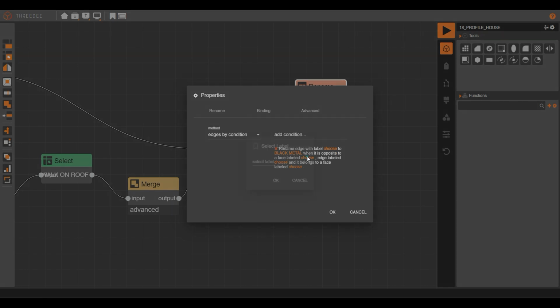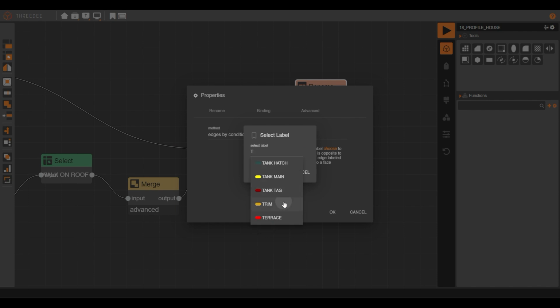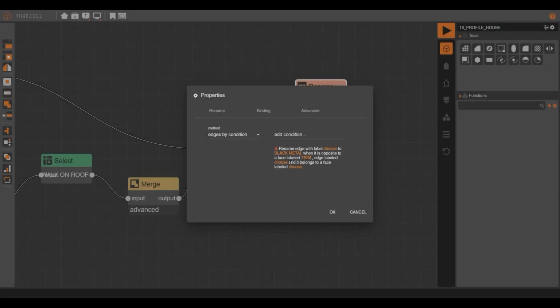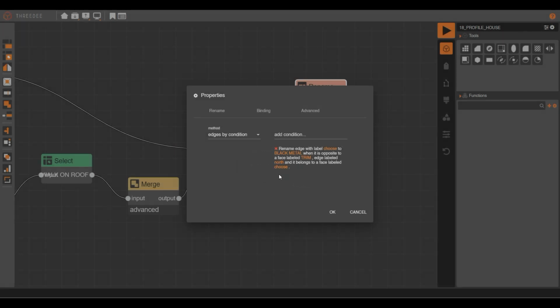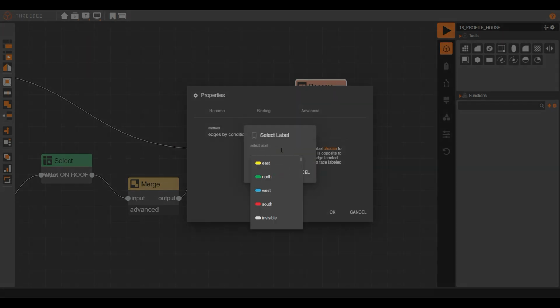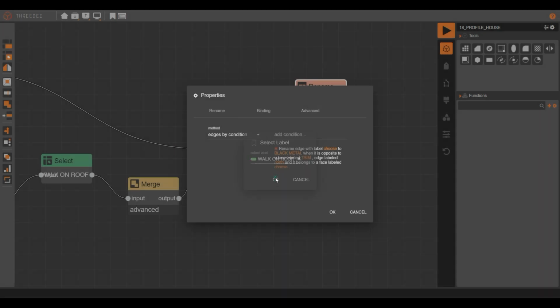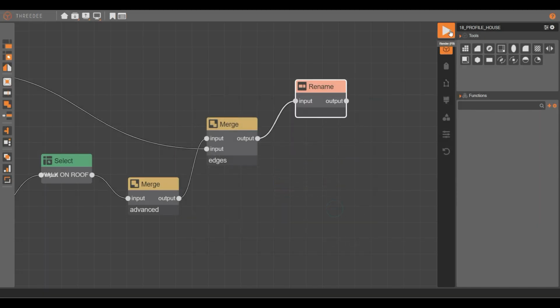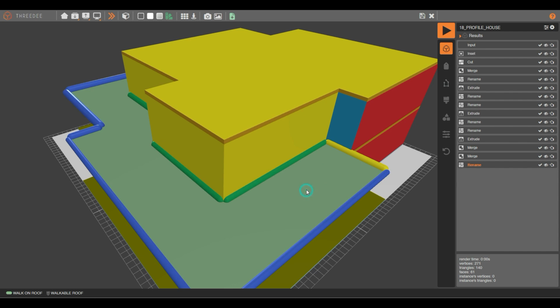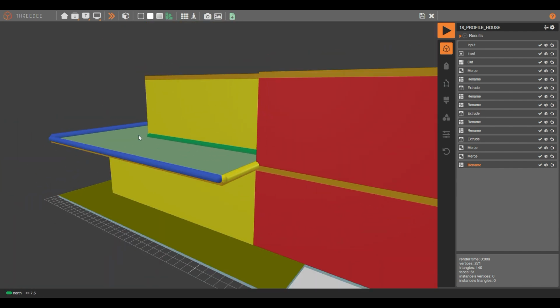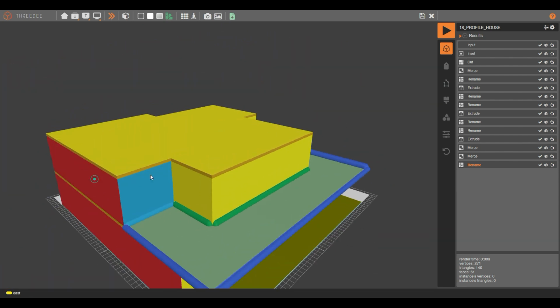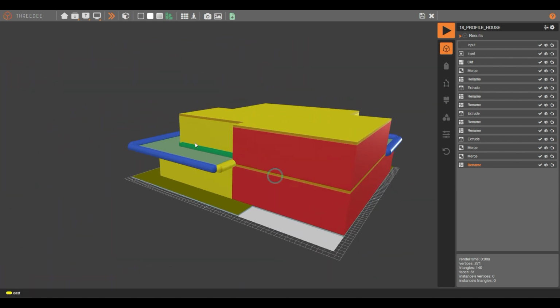When it's opposite to a face label trim, edge label north, and it belongs to a face label walk on roof. The result will be this. Now I have identification of my border edges,